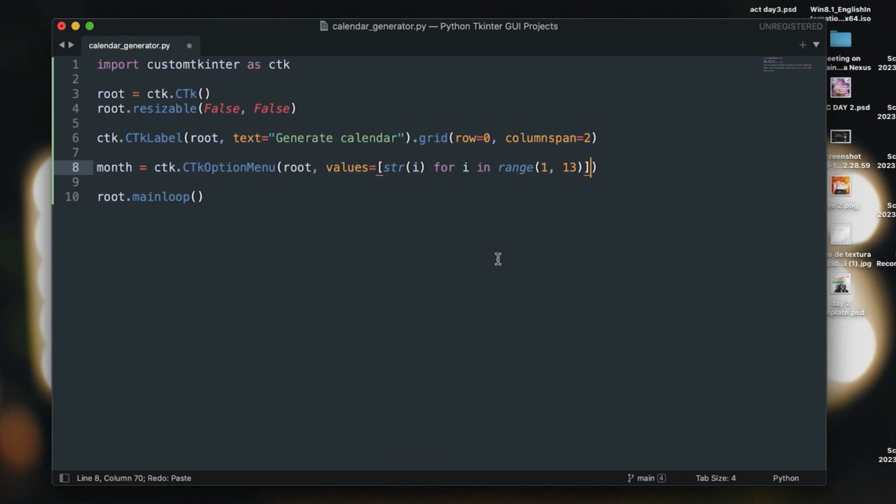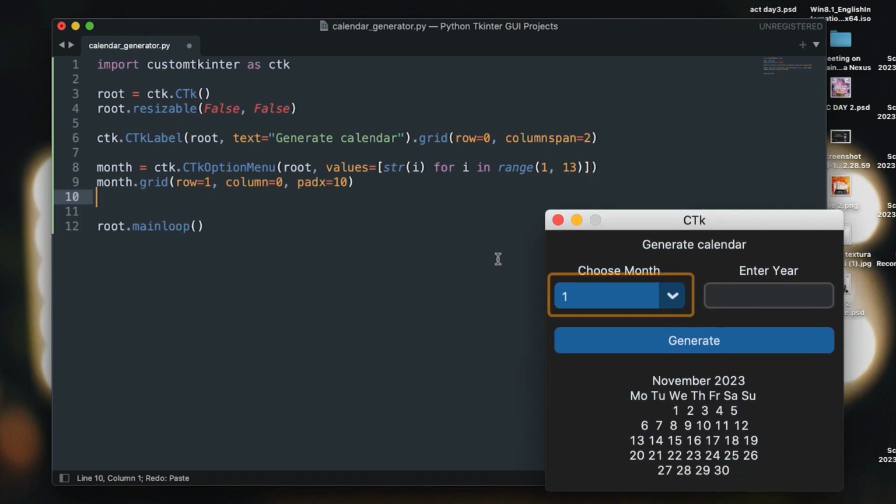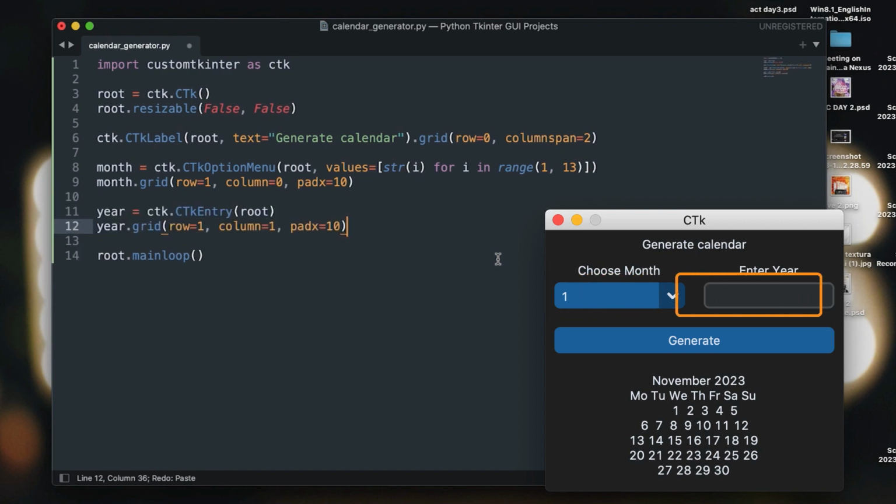All right, so we're going to put it on the first column of the second row. Okay, so the way the row works is just like indexes. We have row equals 0 for the first row and then row equals 1 for the second row. All right, so we're going to create the year as well. It's just a normal CTK entry widget. We're going to put that on the second column of the same row,